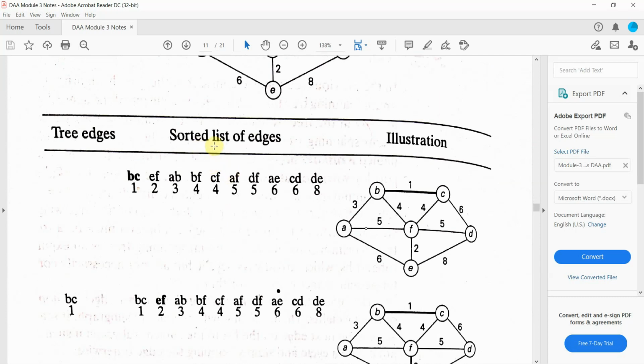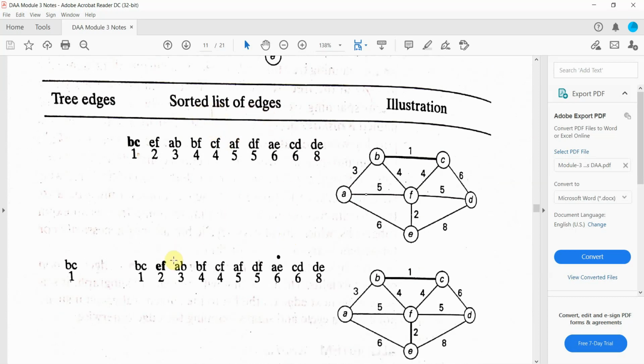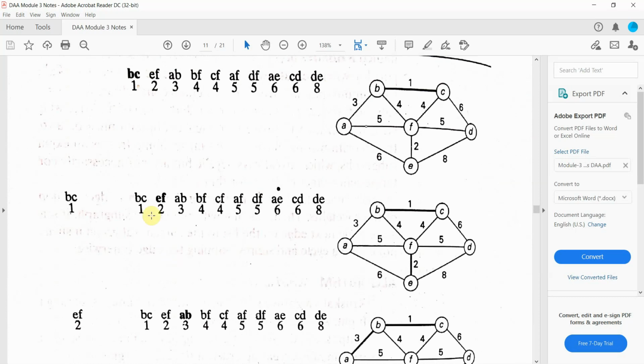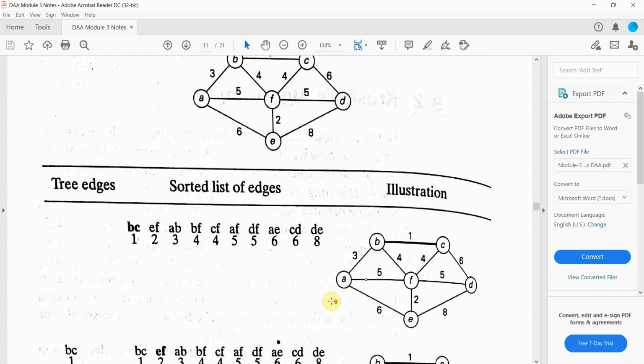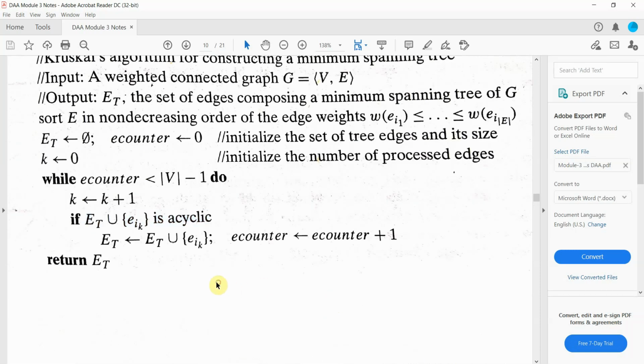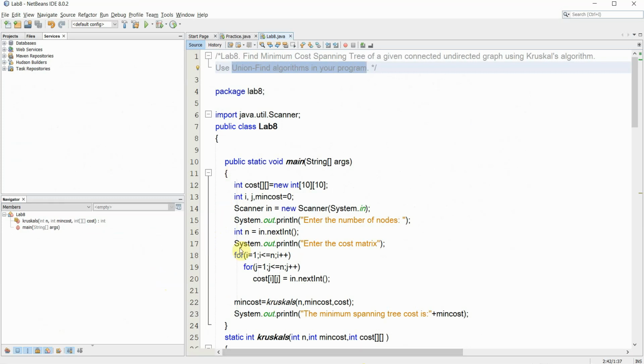So we have sorted the list of edges and we went on considering each of the edges in the increasing order. And if at all it does not form any cycle, then we add it to the minimum cost spanning tree. So the main logic here is to find whether adding a new edge to the set of edges forms a cycle. For that, the best algorithms are what are called the union find algorithms. With the union find algorithms, what happens is,